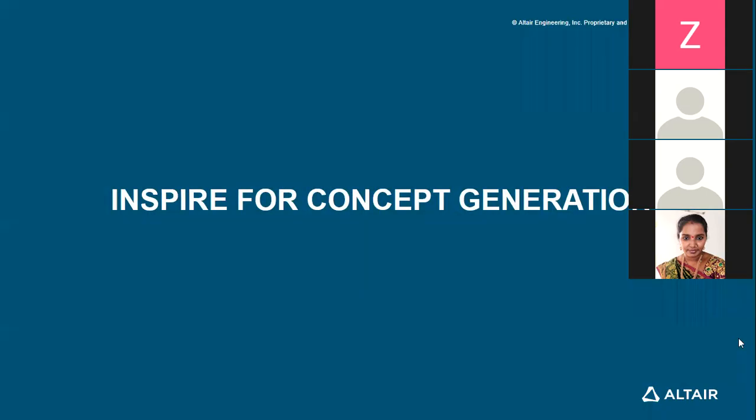So first of all, move towards the concept generation. How will you generate the concept? Suppose you are a product designer, and how will you start, means to say how will you go from scratch to the final, what would be your steps, and what type of stages you go through. Suppose first you will do the